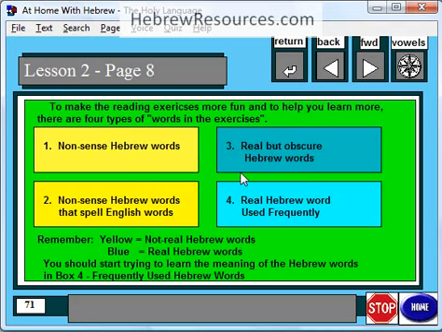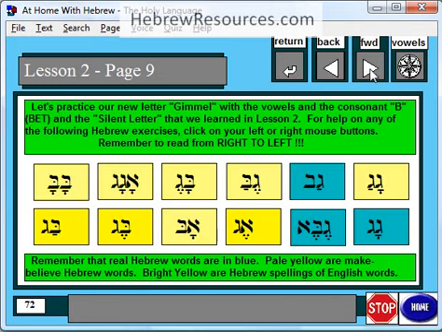So here's the color coding that we use. We have 2 forms of yellow. A light yellow is nonsense words, and a brighter yellow is basically English words that we spell with Hebrew letters. And then 2 forms of blue. Blue are real but obscure Hebrew words you probably wouldn't learn as a beginner. We're teaching you to read here, not to learn vocabulary at this point. And then a brighter blue word is a more frequently used Hebrew word that you might want to learn the meaning of. So here you see all these